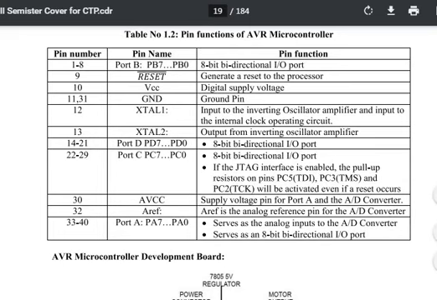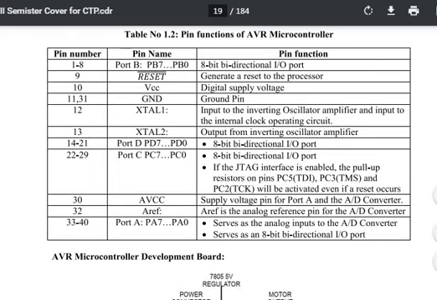Pin number 14 to 21, PD0 to PD7, is an 8-bit bidirectional input output port. Pin number 22 to 29, PC0 to PC7, is also an 8-bit bidirectional input output port. If the JTAG interface is enabled, the pull-up resistor on port pins PC5, PC3 or PC2 will be activated even if reset occurs. Pin number 30, that is AVCC, is the supply voltage pin